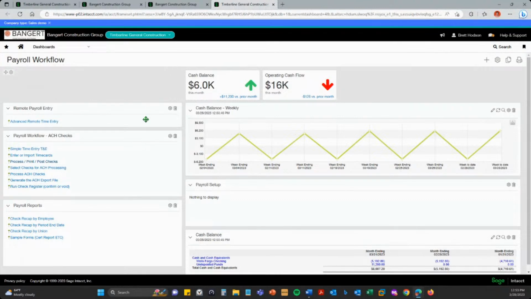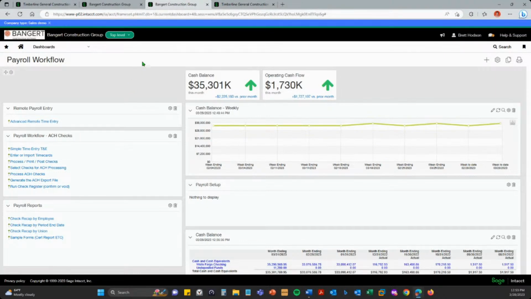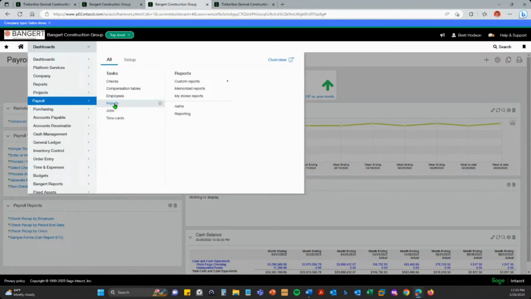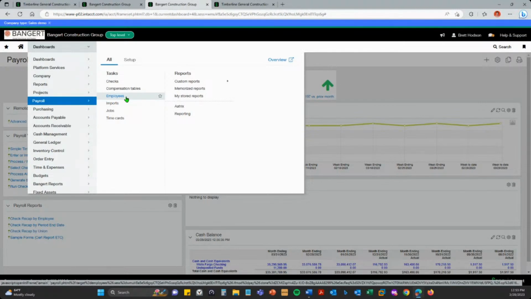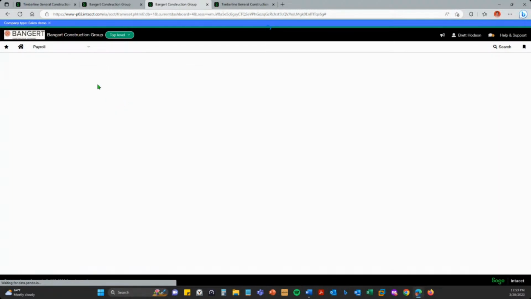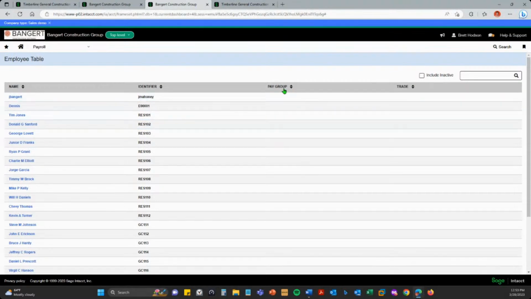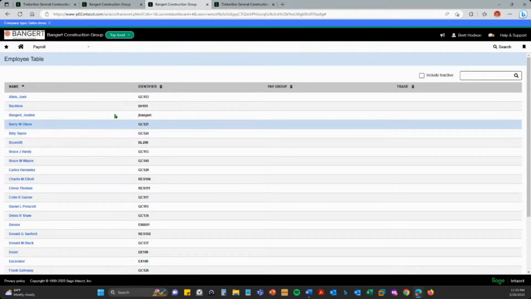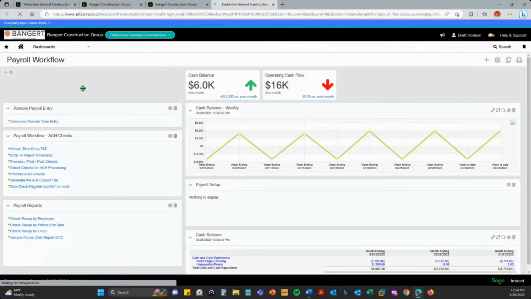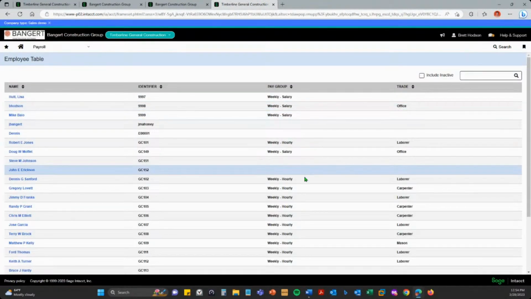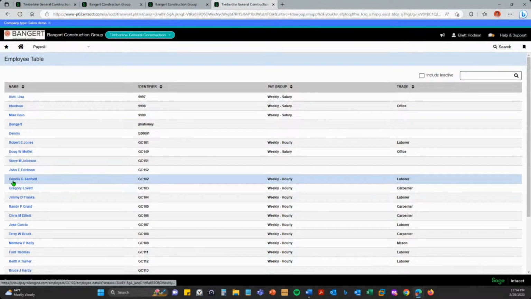In addition to how you do the processing, what's really nice about the payroll system is the notion of how pay rates work, and for those of you that are union, how the unions work also. So if I was to just bring up an employee record here real quick, again, moving back here into the right company, I want to bring up, let's say, Dennis Sanford.